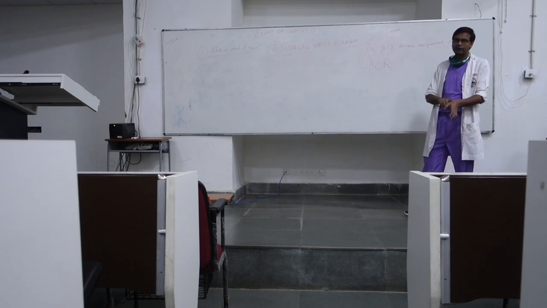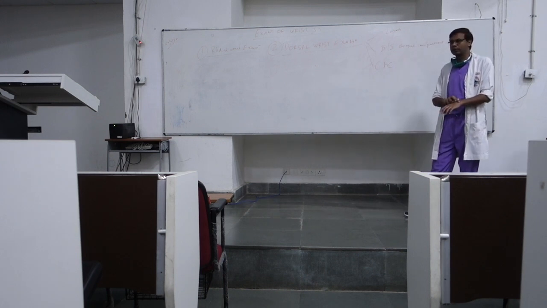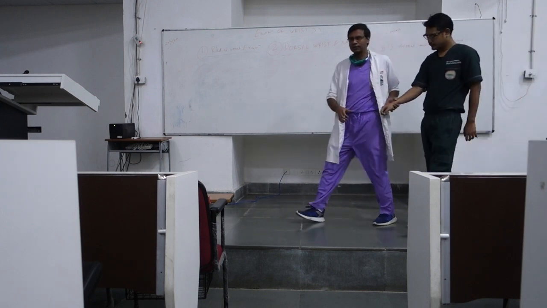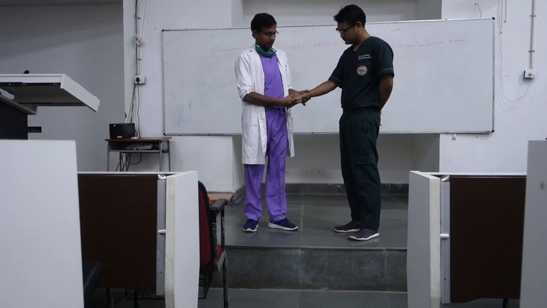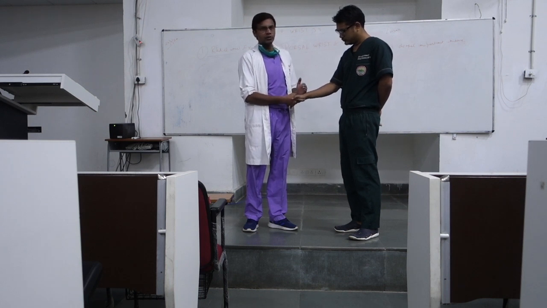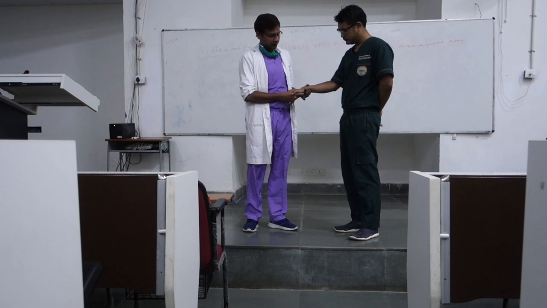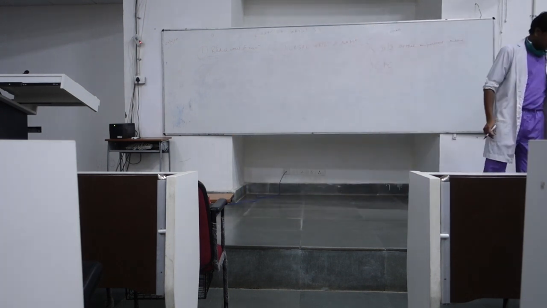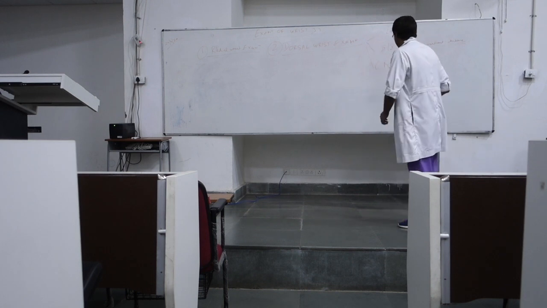Already we have examined the first CMC, but the other carpometacarpal joints: a little bit distal to the lunate, you go and palpate for any tenderness, any instability. Okay, you just hold the patient's wrist like this, and you apply pressure like this. You compare from both sides. If there is instability either in the radiocarpal joint or the midcarpal joint, then you may find something abnormal. You have to compare with the opposite side. Instability is not very common, but you have to check. So this completes examination of the dorsal side of the wrist.